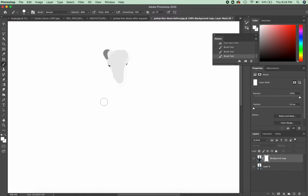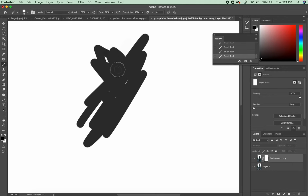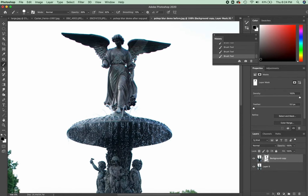Basically, you've got a layer that you're painting on, and so you're taking blacks and whites. So the white that I've got selected will just basically undo what I did. And anywhere I make black or gray, let me just pull this down, that's creating an effect that's erasing through that. So I'll hit Option Alt again, and you can see that's where it's erasing through, and that's how that works. So I'm going to undo all that nonsense that I just did though, and get back to the layer